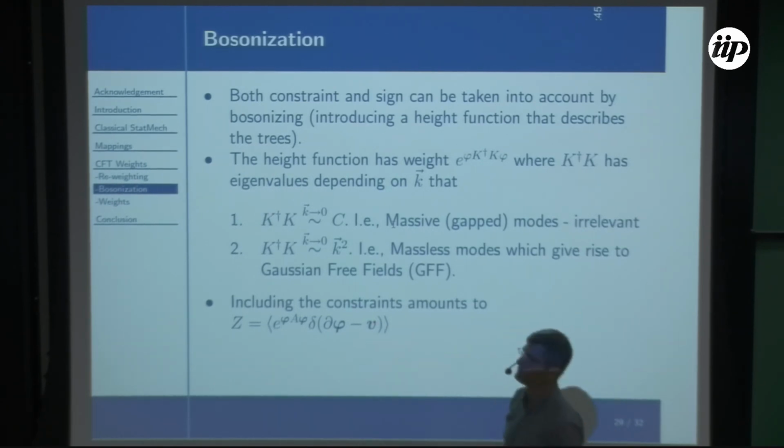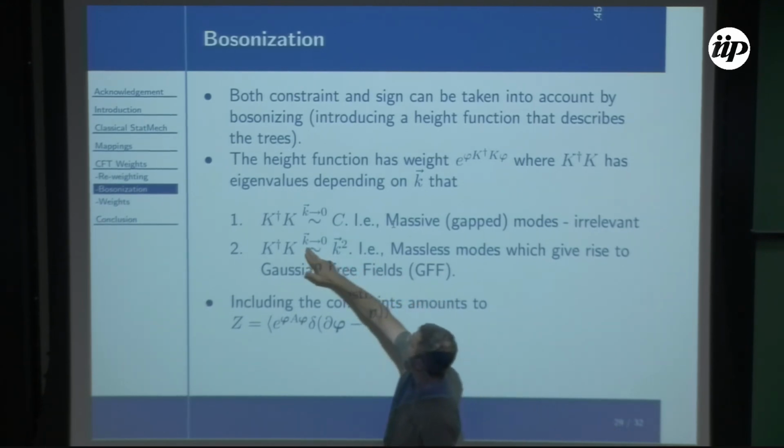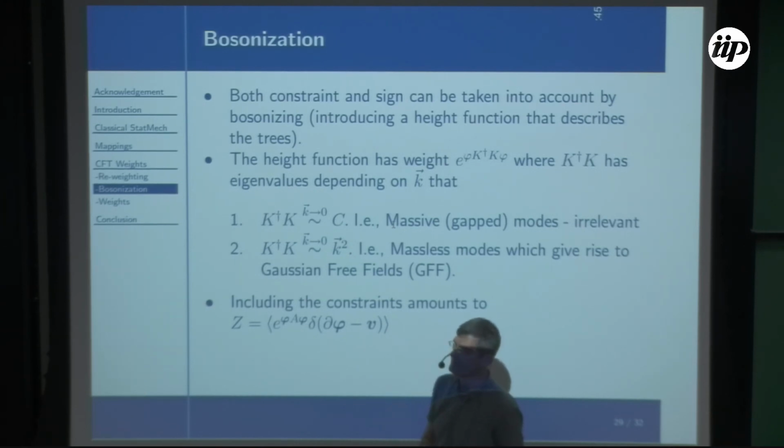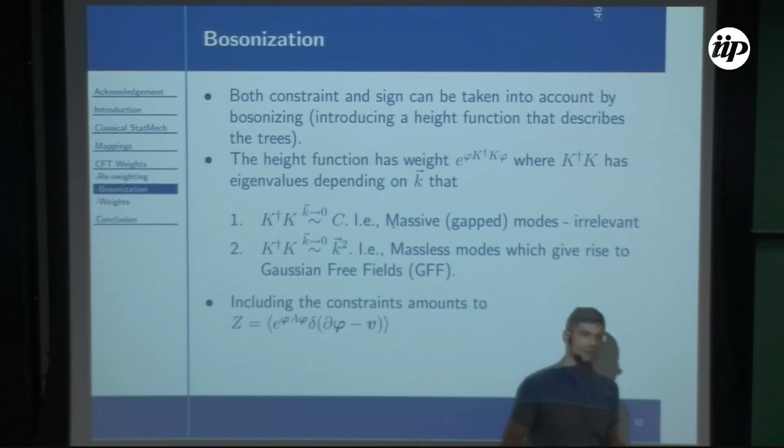V I have to write down explicitly, but I have to take the constraint and expand it in these eigenvectors, which I can write, but I didn't. It's some well-defined object that can be written. Yes, but it has a good continuum limit as well. So this can be exponentiated, and the function can be written. One can identify in principle